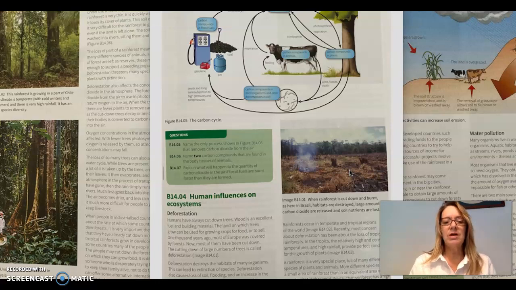Deforestation in and of itself is just the mass cutting down of trees and exposing the land. There's a couple of problems that happen because of this. The first thing is that it destroys the habitats. We can see, even in our area, for those of you that aren't old enough to remember all of the orange groves that were around everywhere, you've been able to see all the new subdivisions going in. What happens typically is that the species that were living in those areas are no longer able to survive. There's not enough carrying capacity.